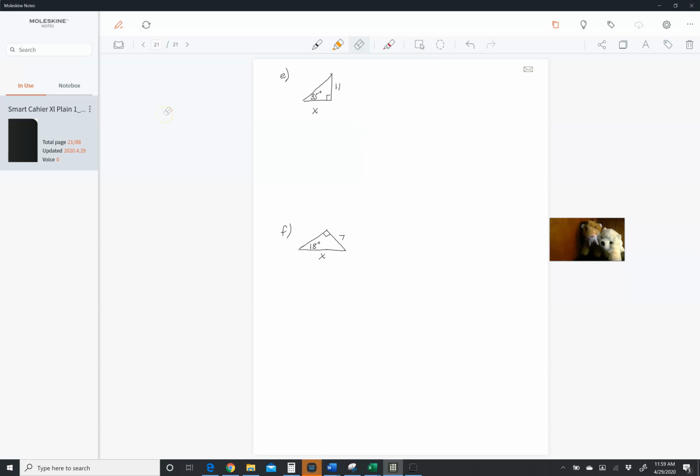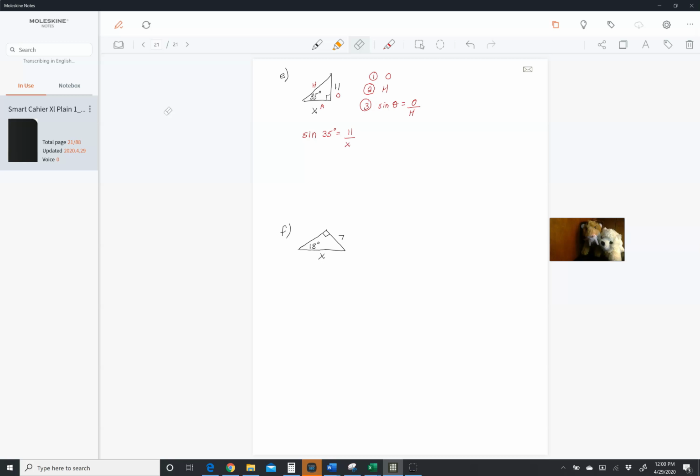So we label first. We're labeling based on the 35-degree angle, so 11 would be the opposite side, x would be the adjacent side, and then you have your hypotenuse. What do we know? We know the opposite. What are we trying to find out? The hypotenuse. And which trig function? Well, the trig function that deals with opposite and the hypotenuse is sine of theta. So now it's a plug and chug. Sine of 35 degrees is equal to 11